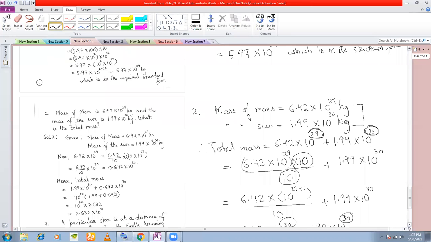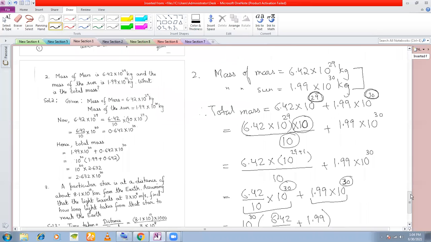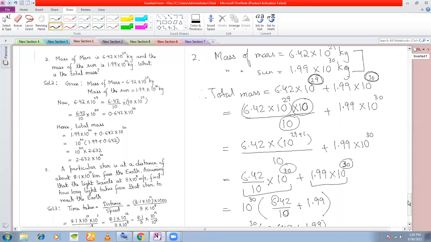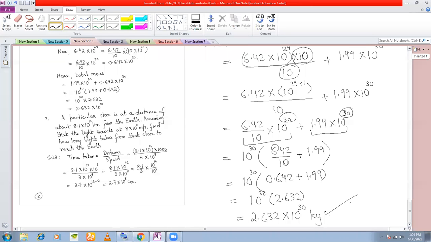If I wanted to add one below the other, I would have to write so many zeros, one below the other. But when I converted this to standard form, this task became so easy that I did it in 4-5 steps. So that is the advantage of converting these numbers into standard form.